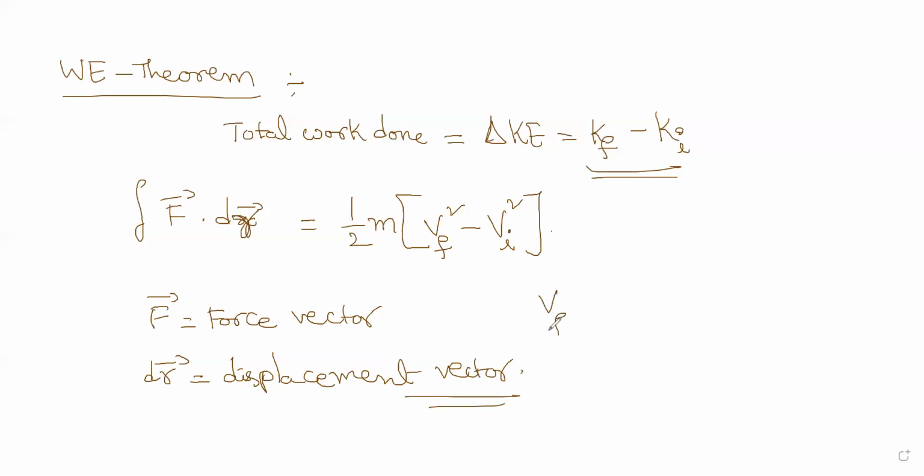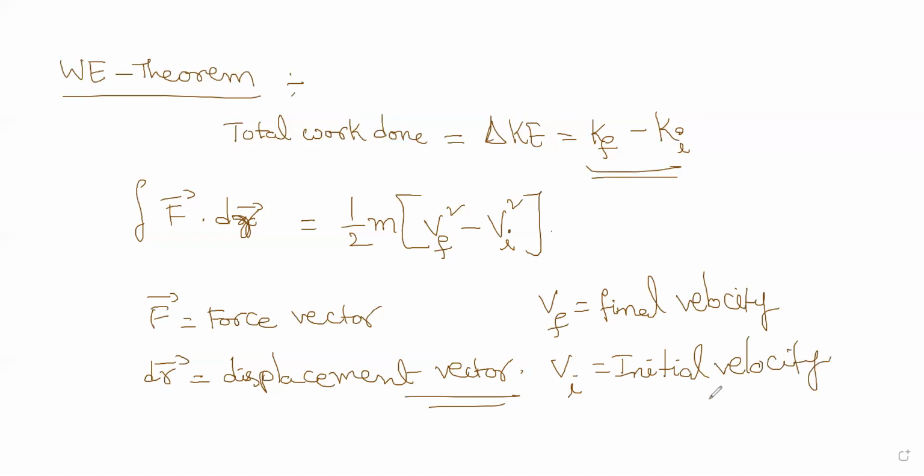And you know that v final is the final velocity, and v initial is the initial velocity. So this is the idea. So that is work done. Total work done is actually the sum of so many things. It will come. So don't worry much about that. First, let's use this to solve the problem. How the problem will come on a work energy theorem type. So we'll solve this.